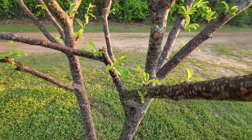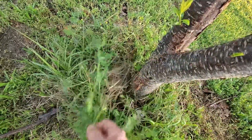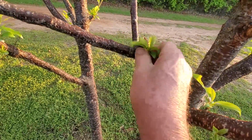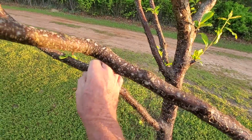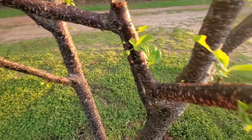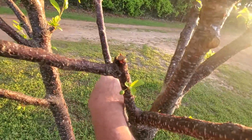And while I'm out here, there's two things I want to discuss. As far as one of them is, as you can see, we end up with sucker limbs that come out from the bottom and these little sprouts that come out the side. Now, this is the ideal time when they first start coming out to just pop them off. Now, I have a few that has fruit that is setting, like right here. I'll leave those, but these other ones I'm going to